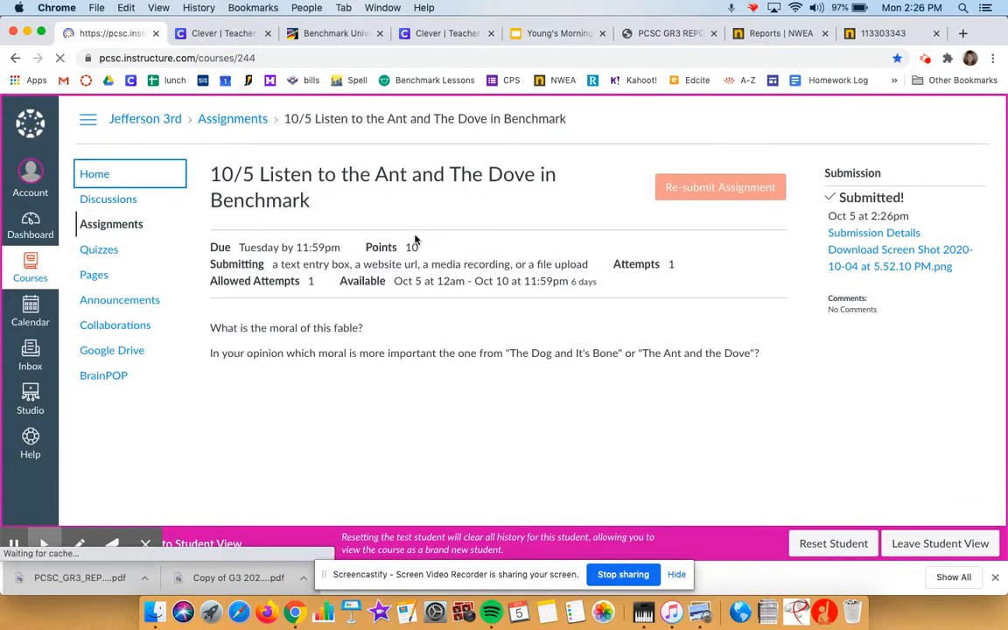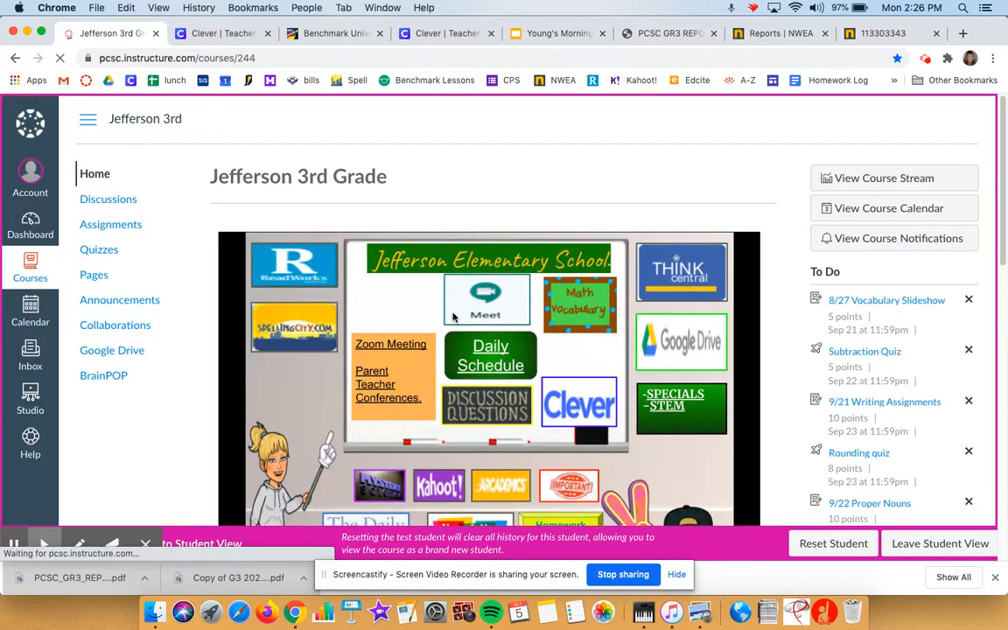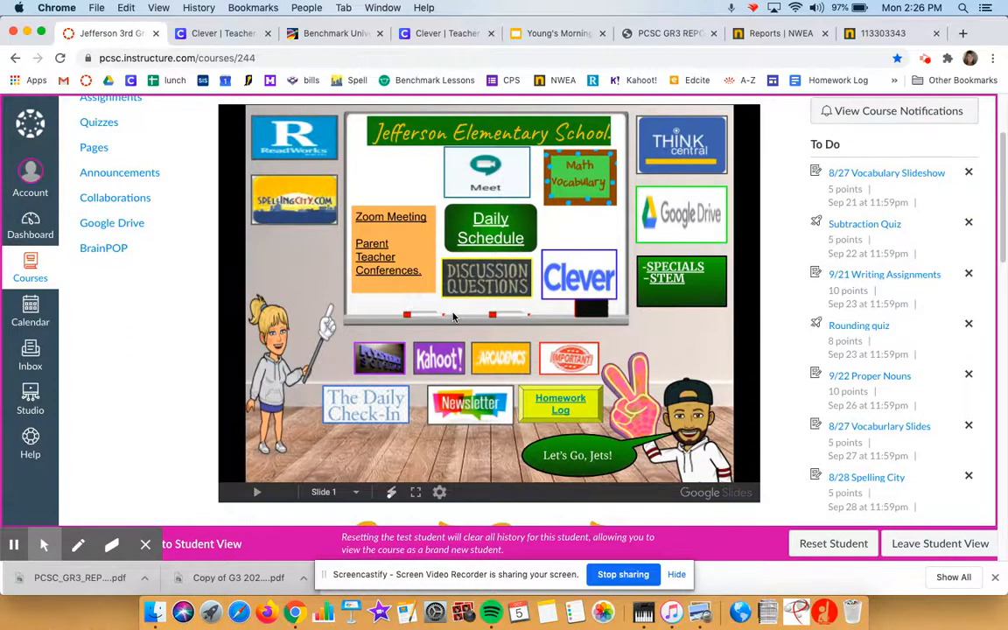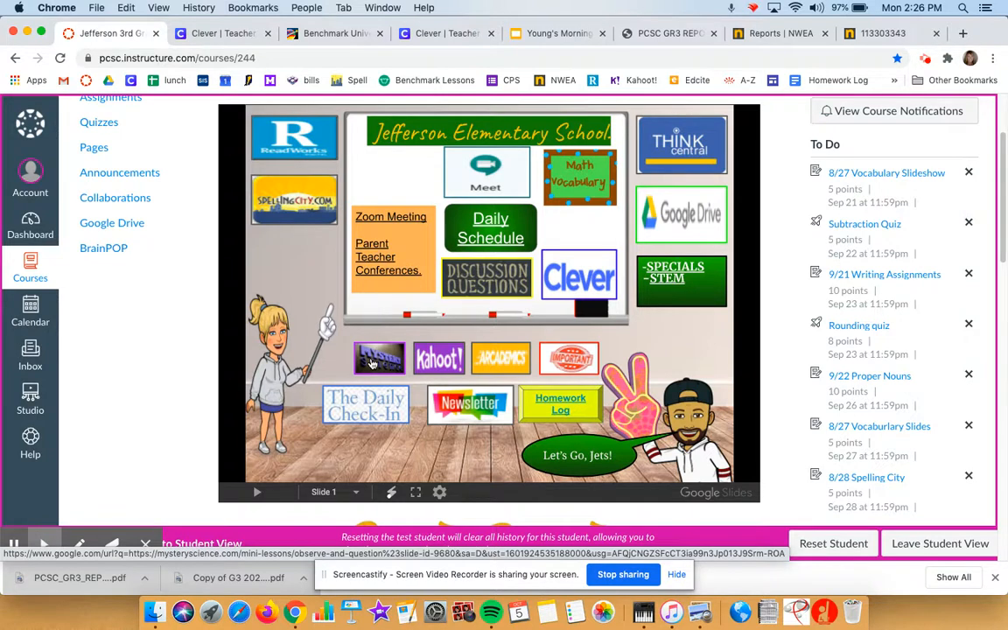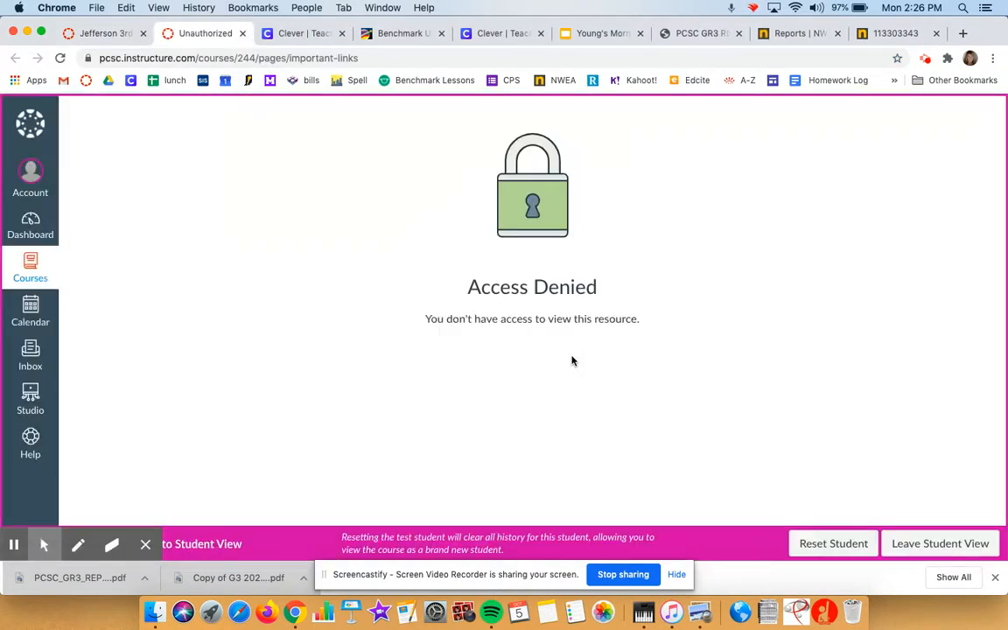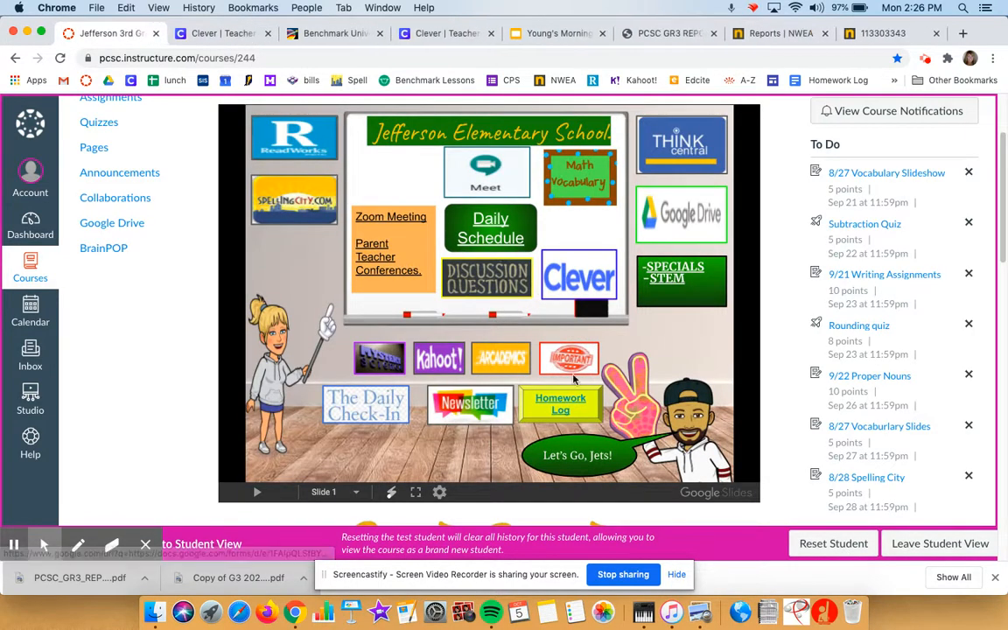Students, like we said, are becoming more and more familiar each day with this. And then you also see there are some supplemental things down there under important links. It's the white button with a red important right above Mr. Sheets' peace sign. If you click here, I'm not sure why it says access denied for Mrs. Young, but if you click there, the students will have a list of supplemental websites for both math and for